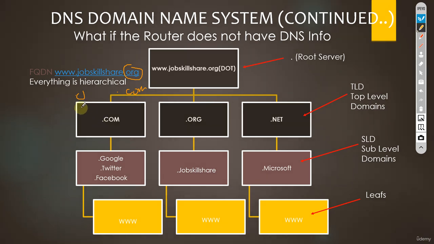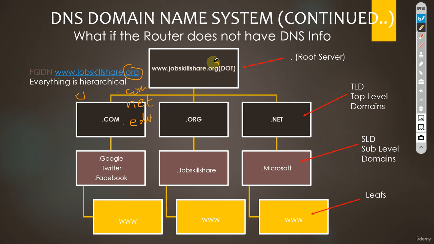Or there could be jobskillshare.net, or even .edu. Okay, so the root server will look into this domain or the URL, and it finds out that this